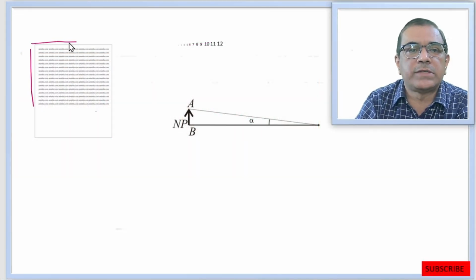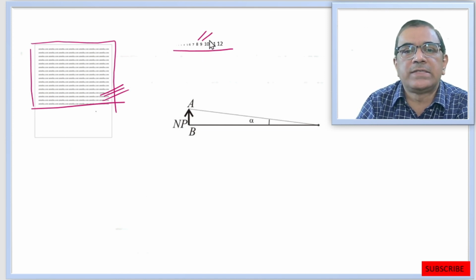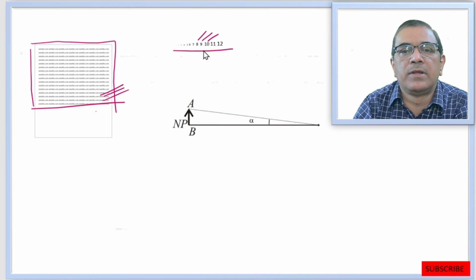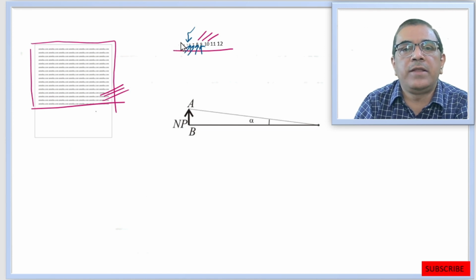Friends, can you read what is written within this text box? I can't read either. Just look at these digits. Digit 8 has font size 8. Digit 9 has font size 9, digit 10 has font size 10 and so on. So I am able to read digit 9, I am able to read digit 8, 7, 6 with some difficulty. I am finding very difficult to read digit 5 and almost impossible to read digits before 5.